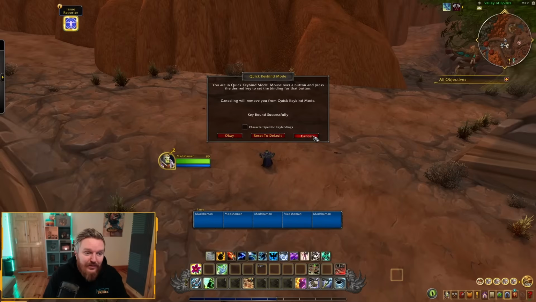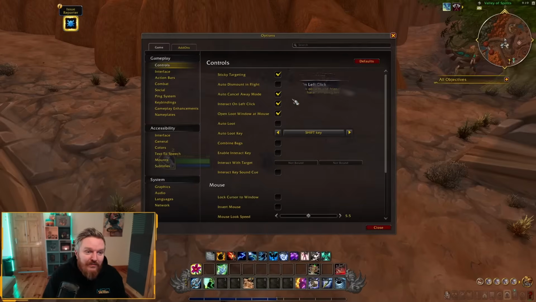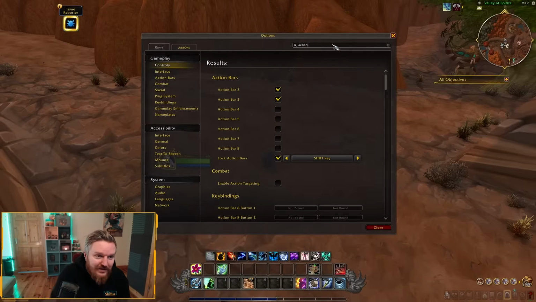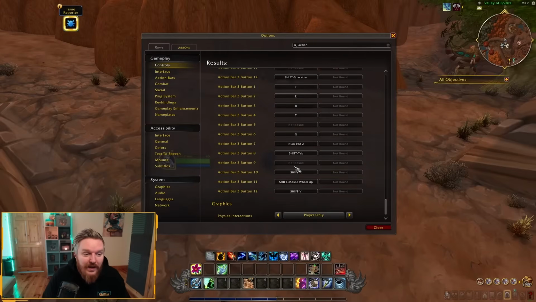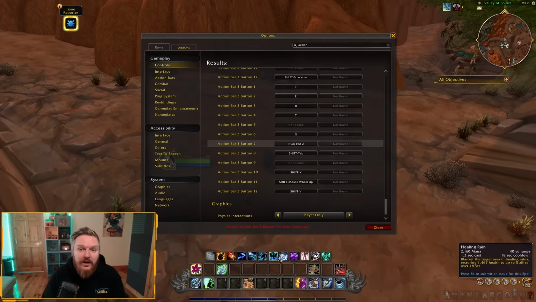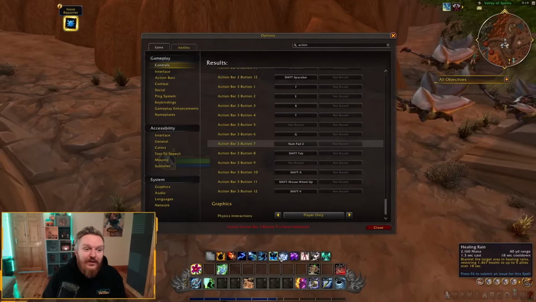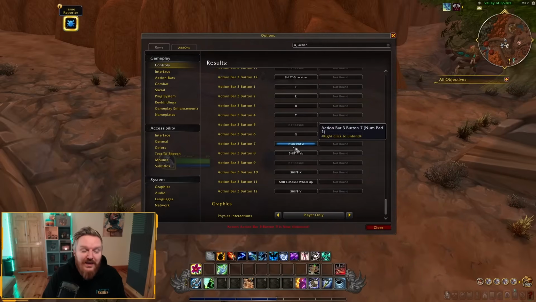You actually have to go back, go into options, go into action bars, and then manually find the action bar button associated with it, click on it, and add something like shift mouse wheel up, shift mouse wheel down, and then add the mouse over macro onto the action bars to the key that you have pre-assigned with a specific keybind, which is honestly just annoying, and it should be more streamlined.